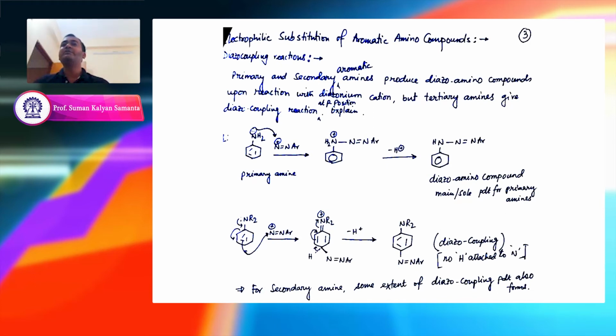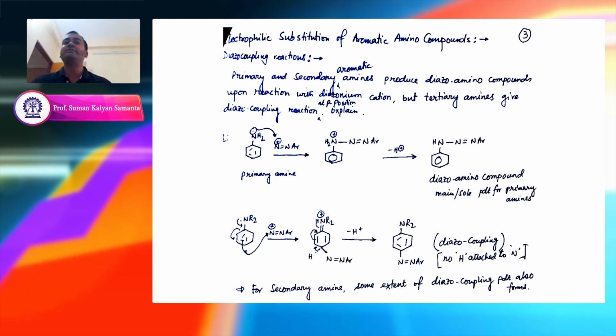But if you take a tertiary amine, it does not have this proton. In this reaction, in the second step, you see that there is a minus H plus term. But if you take a tertiary amine in the second example, it does not have the proton, so this proton cannot leave, and that is why this nitrogen center cannot react with this diazonium salt. Okay, so that is why in the case of tertiary amine, the reaction actually happens through the carbon center because it does not have any other possibility.